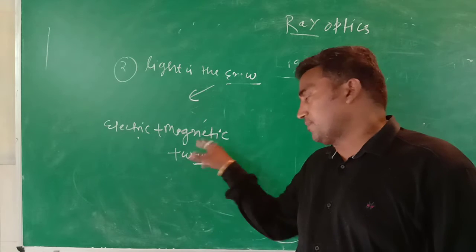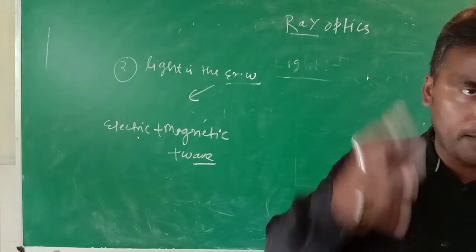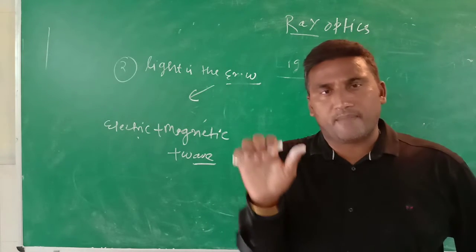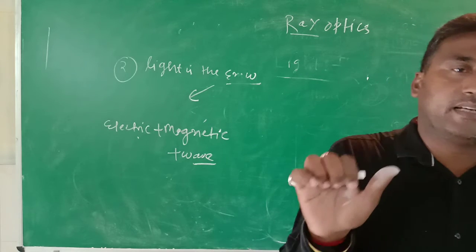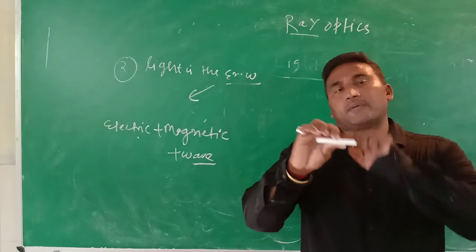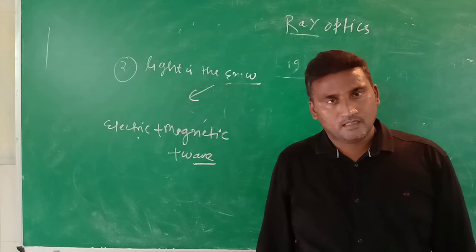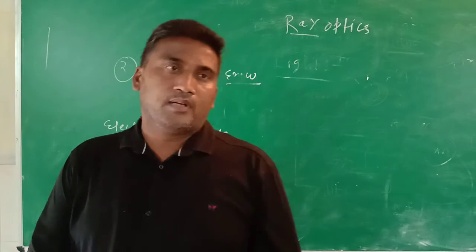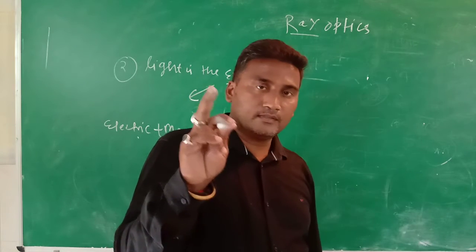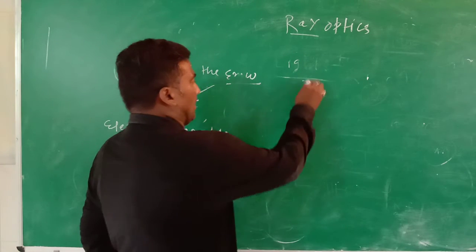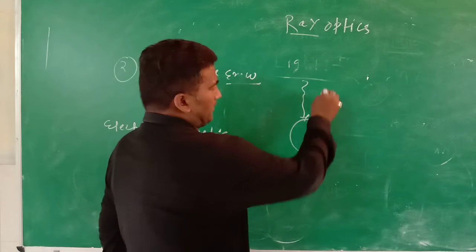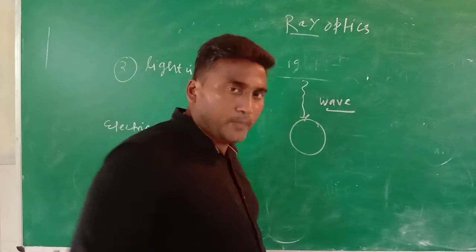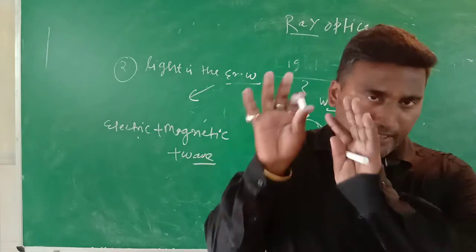Now the second property is magnetic. We know that if current develops in any device, such as a cylindrical body, in the same manner the number of wires mounted in the structure will also behave as an electromagnet. We know that a disturbance going in the forward direction is known as a wave, because light comes from space to any metallic surface. Therefore the whole property of light is known as electromagnetic wave.